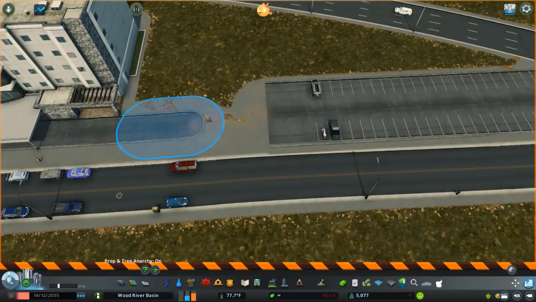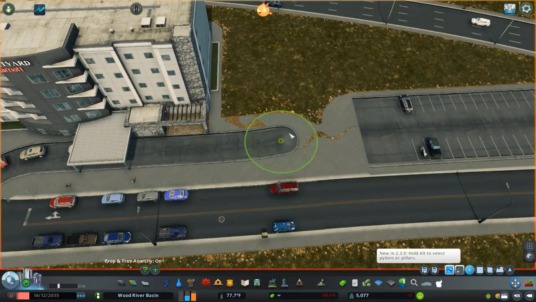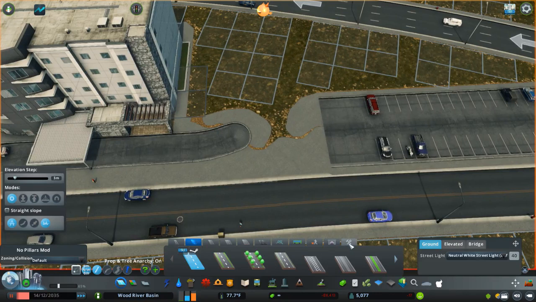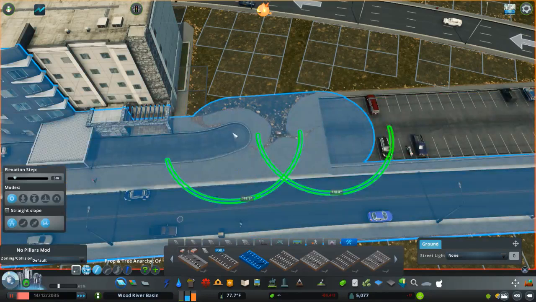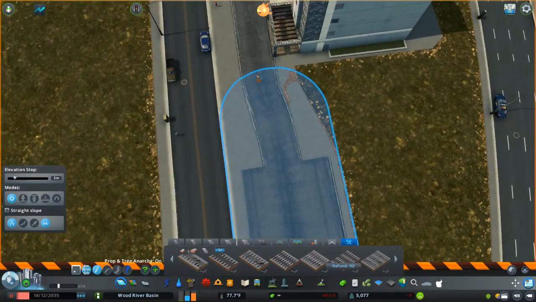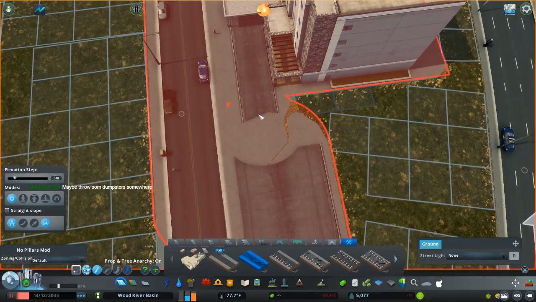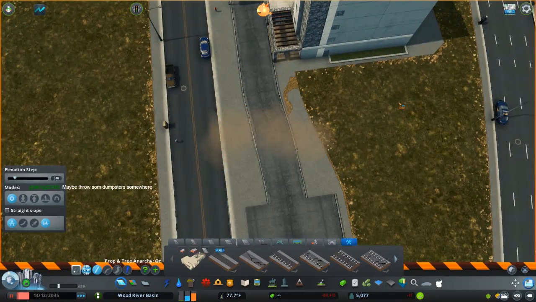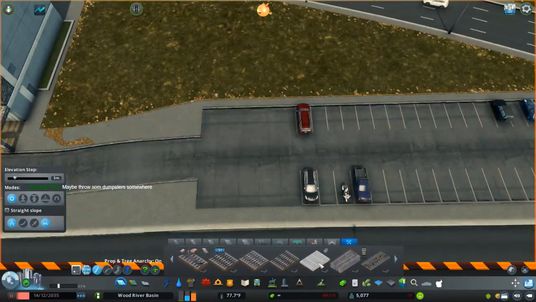Yeah, we're gonna bring the parking lot out even further. Right there. Perfect. That'll give us like a tad bit more parking. Yeah, we'll stretch it out there to there. Nope, of course. Gotta love the collisions in this game. Okay, that will actually give us some room for...